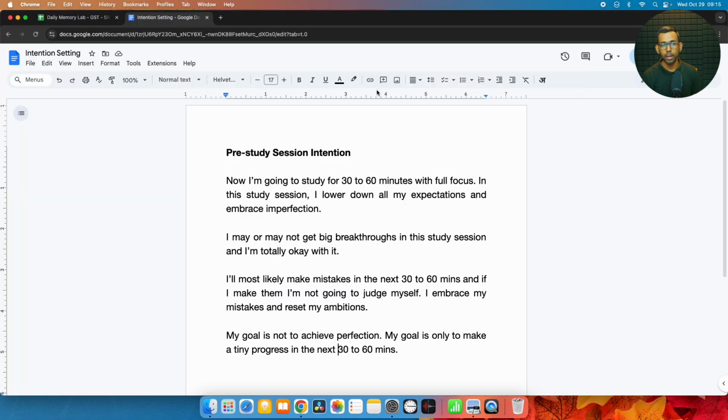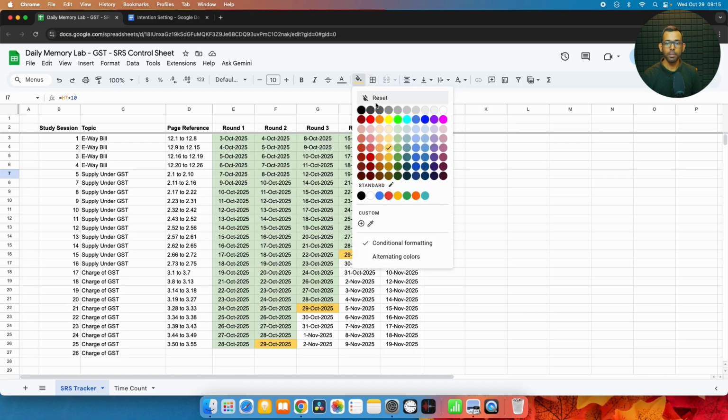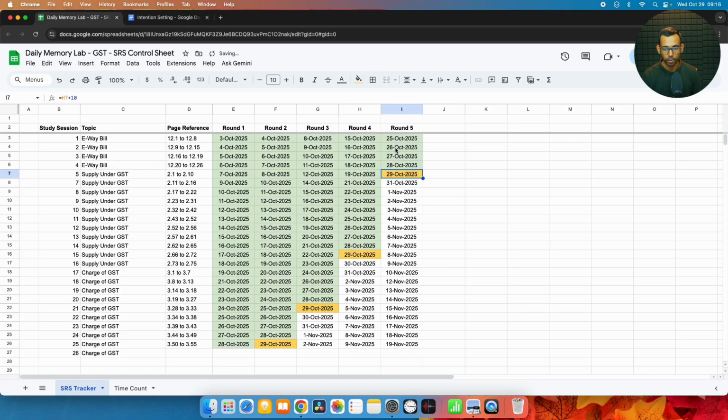I just want to show that I can see myself, feel the difference of clarity and confidence between round 1, where I was on 7th October when I read this for the first time, and where I am today after having read it for the 5th time. Now let us go and read page number 66 to 72 for the 4th round.